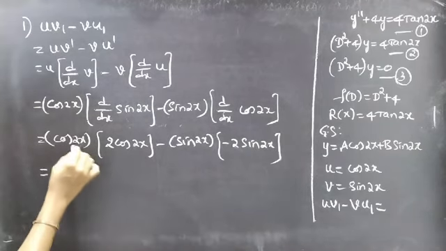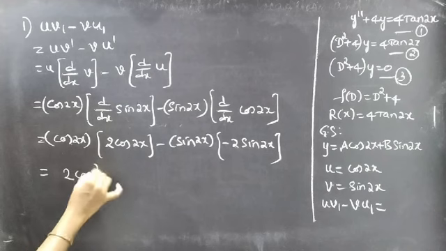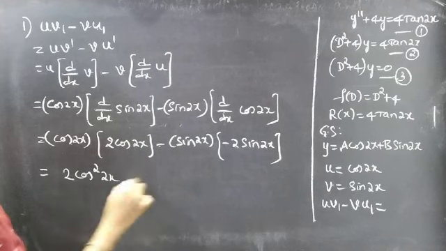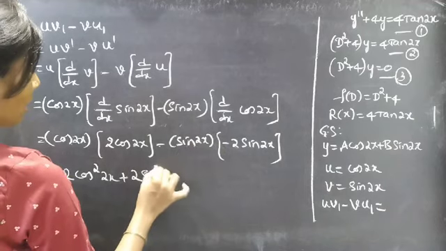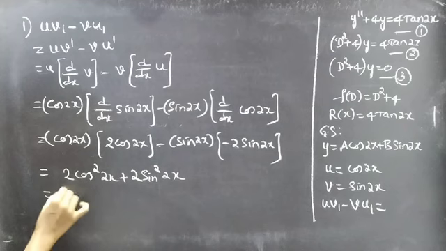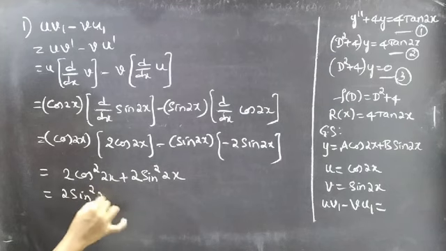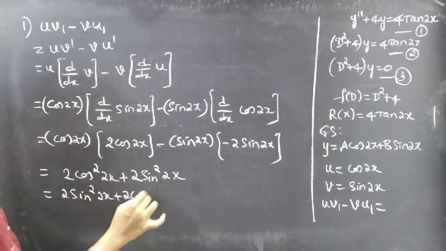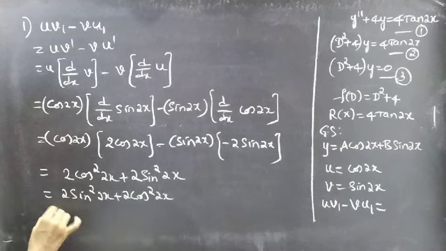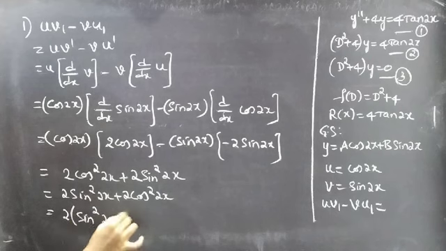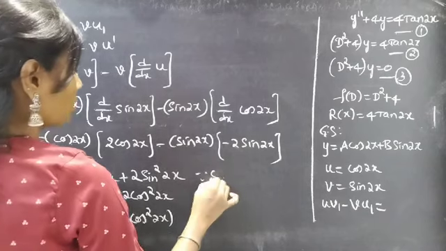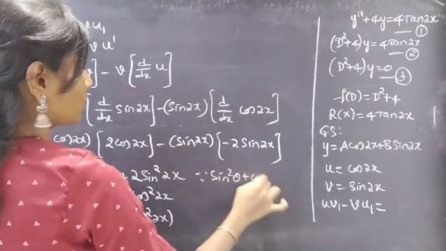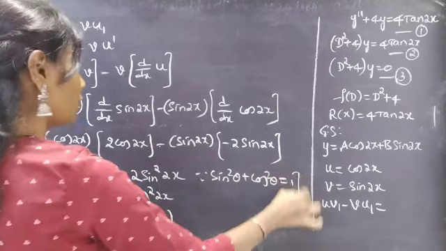This gives 2 cos square 2x, minus into minus plus 2 sin square 2x, or 2 sin square 2x plus 2 cos square 2x. Now take 2 common from these two terms, we get 2 times sin square 2x plus cos square 2x. Since we know that sin square theta plus cos square theta equals 1,